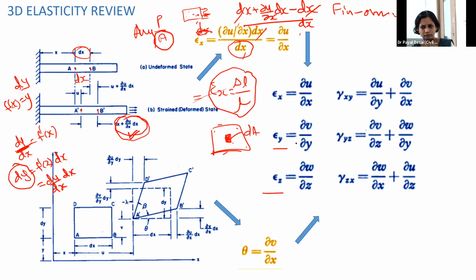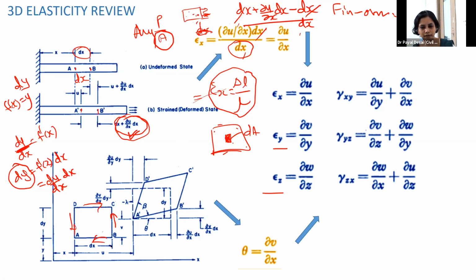Similarly, in the other two dimensions, you get del v by del y, because the displacement in the y direction is v, and the displacement in the z direction is w. And of course, as I discussed with you about shearing strain, it is a change in the angle. When you apply any shearing stress on top and bottom, and maybe vertical and downward, this shear stress will result in the distortion of the element. I'm talking about one plane, but it can be applied to the other two planes also.